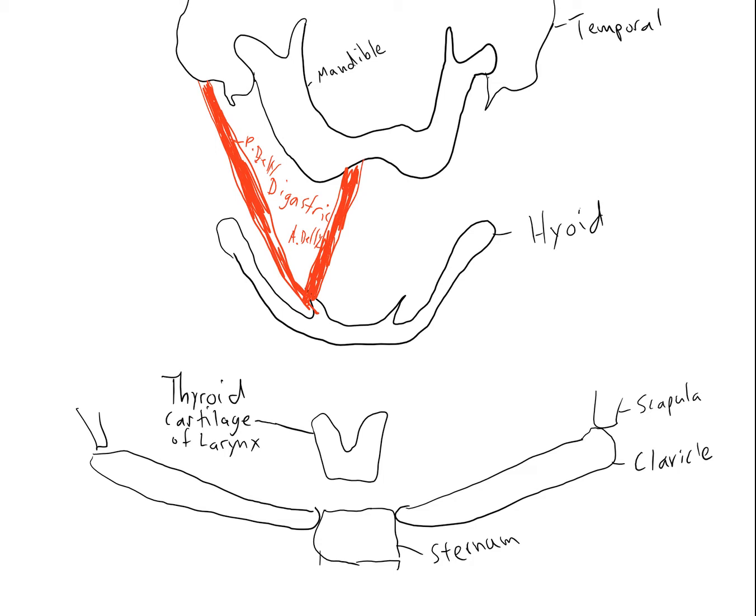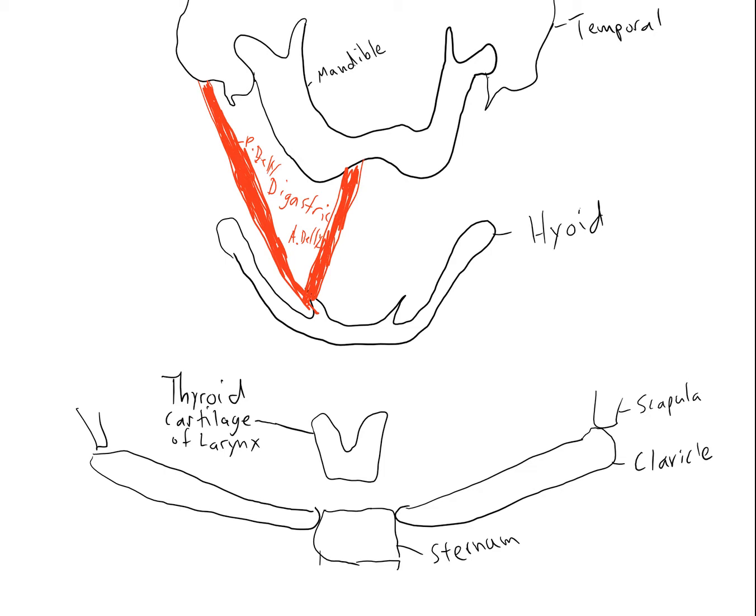And so I'm just going to draw the one that's on the right side here, although there is one also on the left. In order to make space for other muscles, I will just draw one for each side of the body. And so there's the digastric on the right side, connecting between the skull and the hyoid